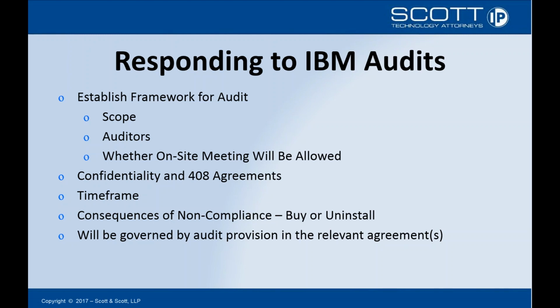It is commonly the case that in non-disclosure agreements with the auditors, we can negotiate provisions that will help mitigate that risk. But you want to carefully consider whether or not the auditor that IBM has selected is acceptable. And if it isn't, you need to communicate very early on that the auditor in that particular case is objectionable for whatever reason. When you get an audit request, whether IBM is going to conduct the audit directly or whether there's going to be a third-party auditor, you need to make sure that you are carefully negotiating confidentiality agreements and